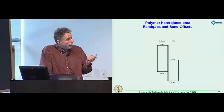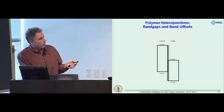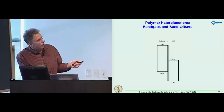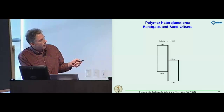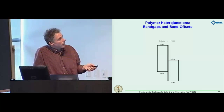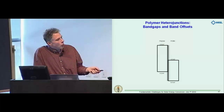So I mentioned the significant disparity between the open circuit voltage in polymer heterojunction and organic cells and the diode equation limit. And it's illustrated here by the fact that in this bulk heterojunction, for example, between PCBM and polythiophene, once we absorb and create an exciton across the polymer band gap, these represent the energy levels relative to vacuum. As the exciton dissociates, the electron relaxes over a large distance,